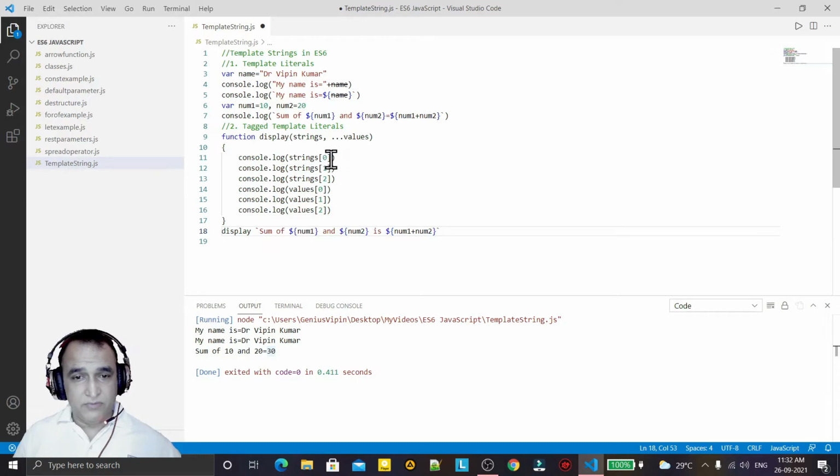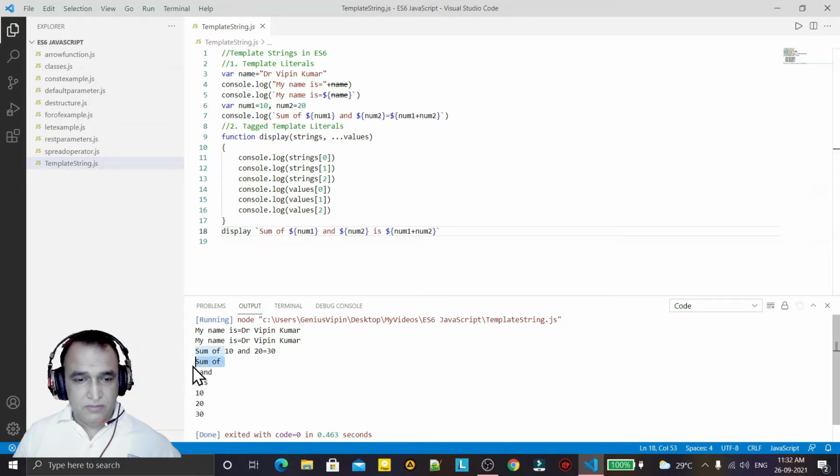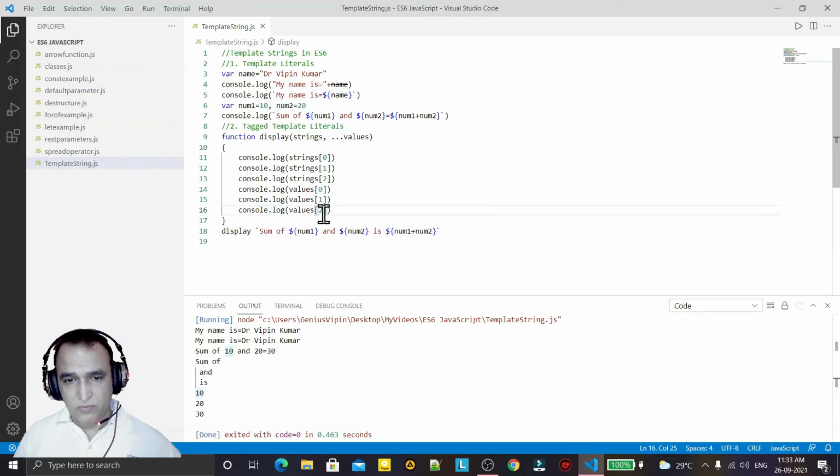You see I have 0, 1, 2, 3, and I save it and I run it. You will see first one sum of, that is string 0, then 1 that is end, then 2 string 2, then num1, this one is 10 value 0, then 1 20, then last one is the sum of two number is 2.